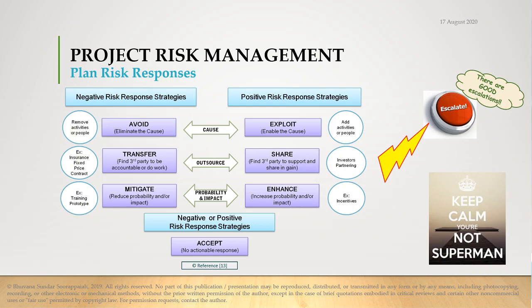I am very sure some of us would not have seen training as a mitigation, risk mitigation thing. Now equivalently on the opposite side, in positive, you have something called enhance. Enhance basically is increasing the probability or impact of the risk. So for example,